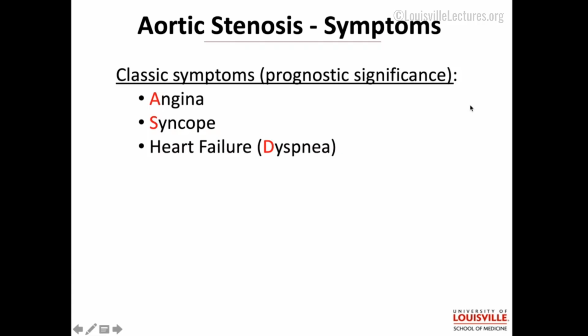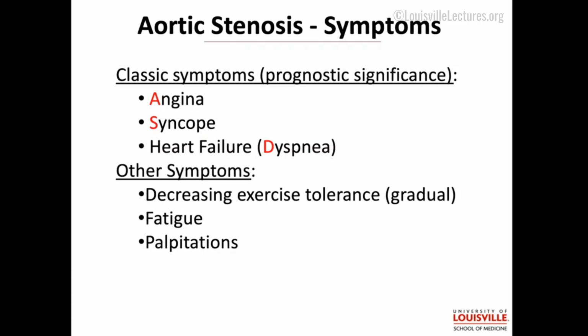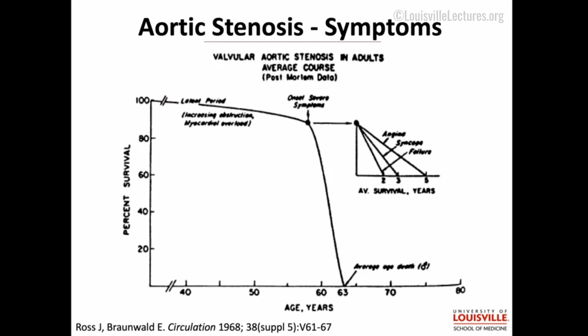So to talk about aortic stenosis, you should know these classic symptoms: angina, syncope, dyspnea. These have prognostic significance, but more likely what you're going to find is that people start to self-limit and they exercise less. So they used to be able to walk around the mall. Now they have to stop more frequently. It might even be more subtle. They used to mow the grass with a push mower. Now they only do the riding mower. That's going to be more likely the story because they learn to adapt to the fatigue and the dyspnea.